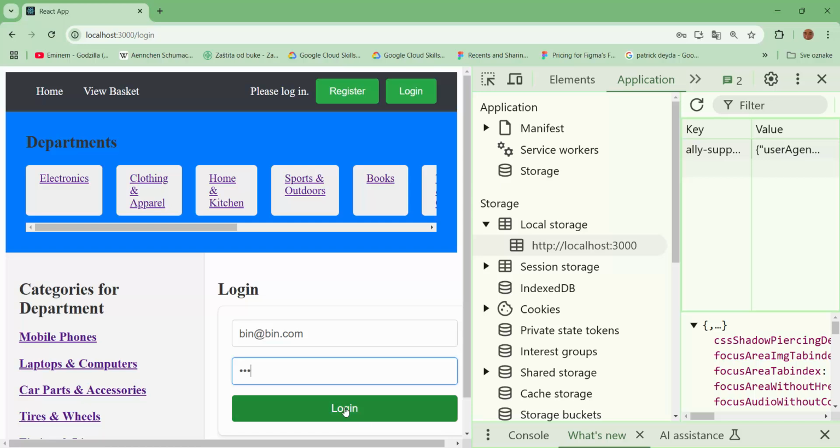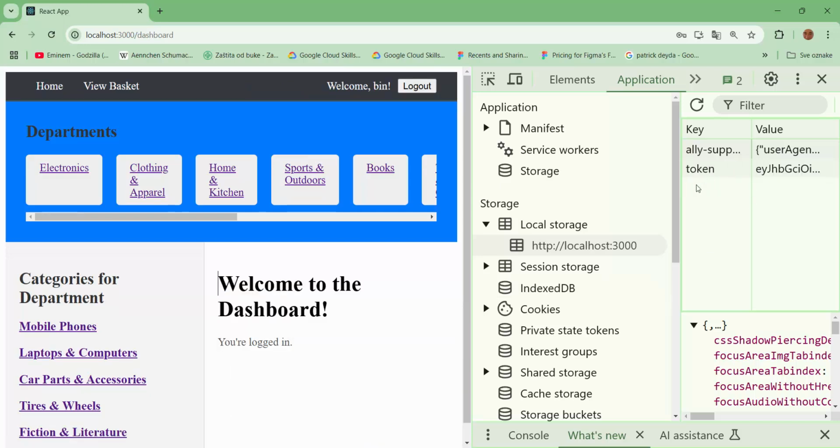Login, now you see a token is here. Also refresh, after refresh, all repeating, but now from the local storage token. Local storage token would be used for